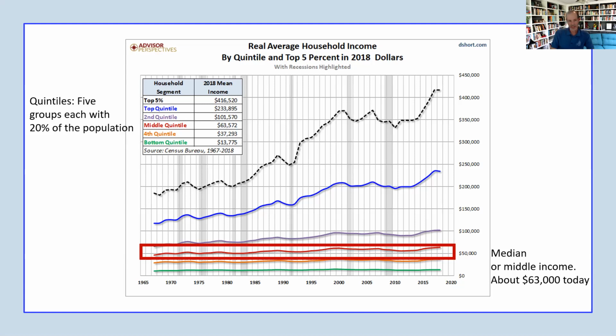A lot of the documents I'm going to present today are based off of tax data, and you remember before, that's generally based off of households, right? So if you're married, you file together. So we're using household income here. You could argue it's not the best measure, but it's pretty good because the money is sort of shared between that household. Okay, so today the median household income is about $63,000.